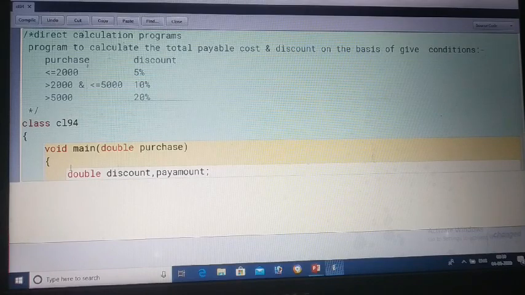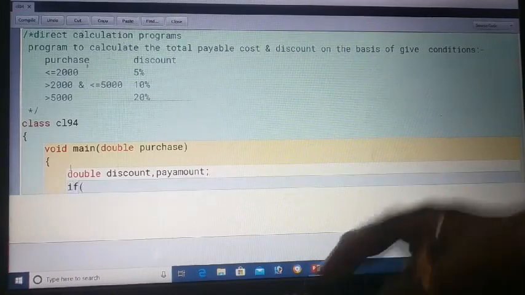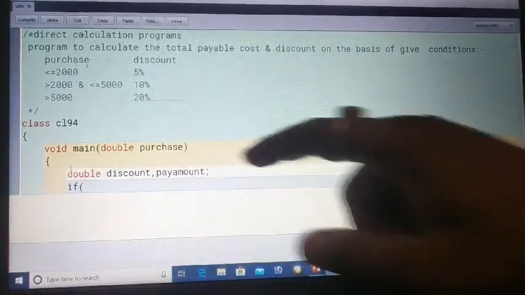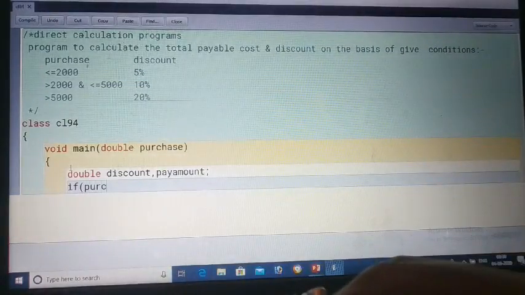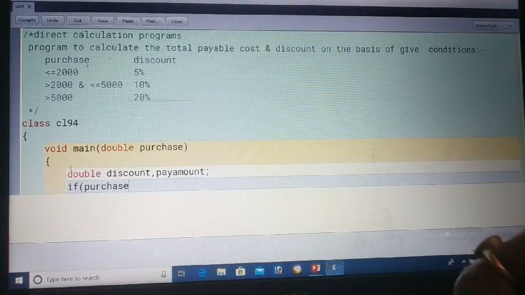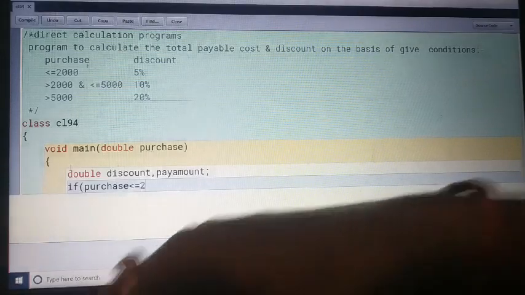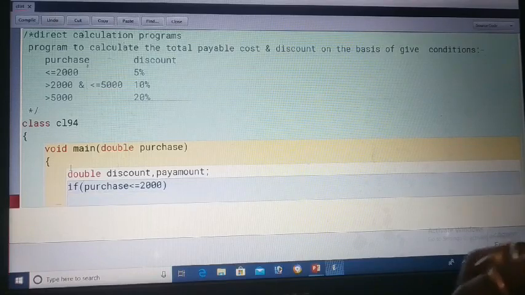So you directly start your condition with if. After that you will call your purchase variable, the same variable I have taken, and you will check if the purchase value is less than or equal to 2000. That's it. The first condition is ready. So what to do? You will make the block.